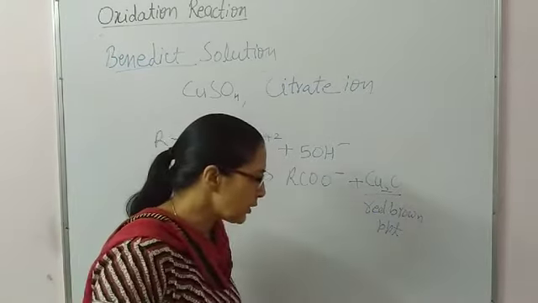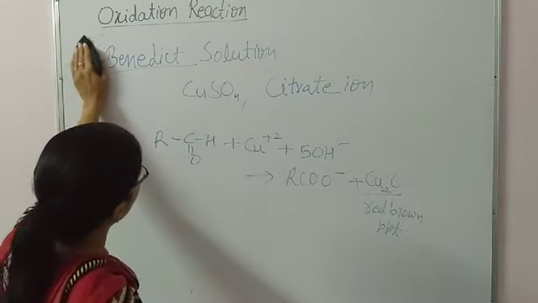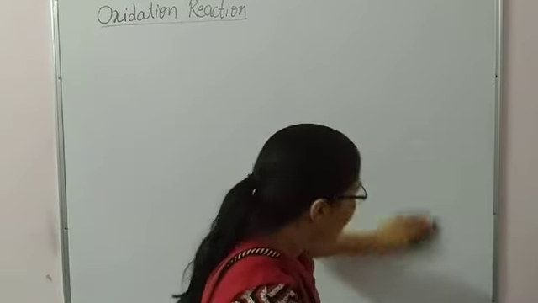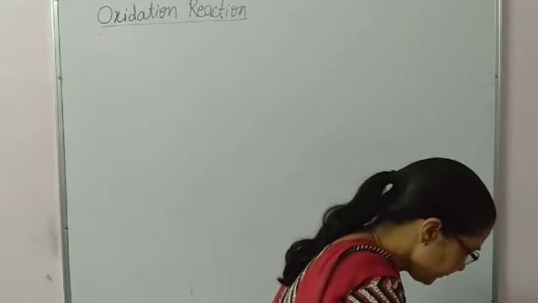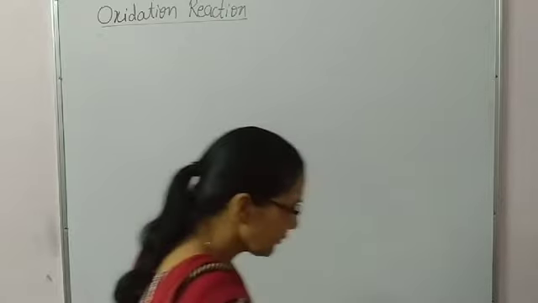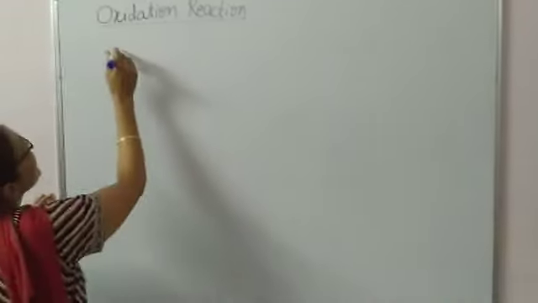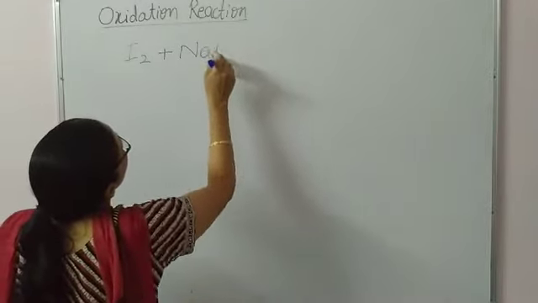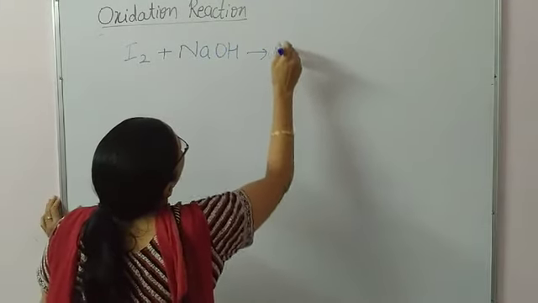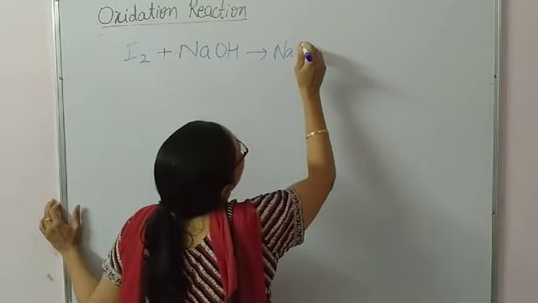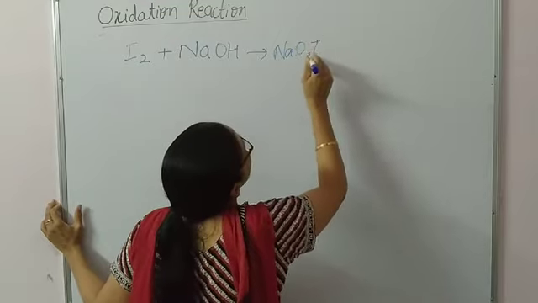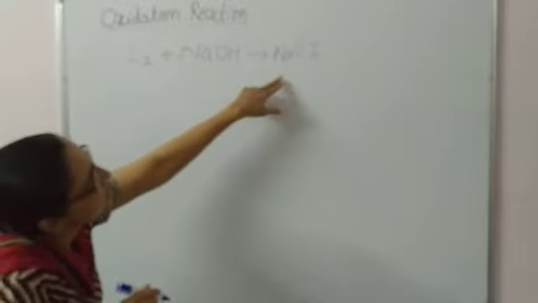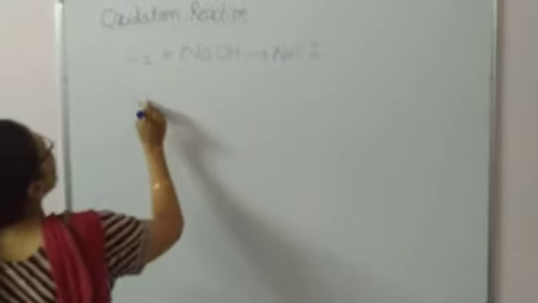Okay, next is the reaction with NaOI, the most important reaction of the day. The reaction of I2 and NaOH will form NaOI, sodium hypoiodite. Then this compound NaOI is treated with